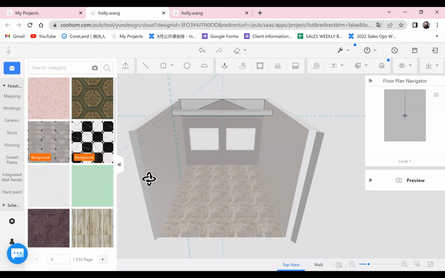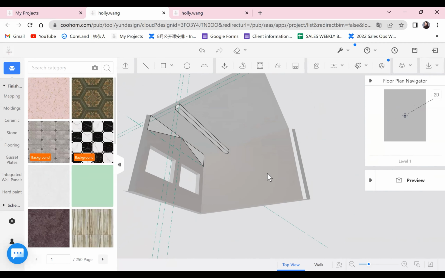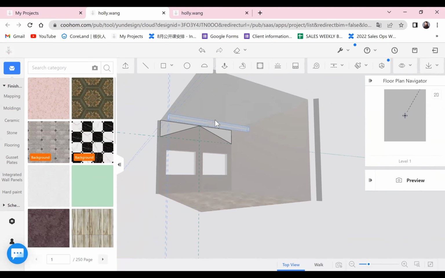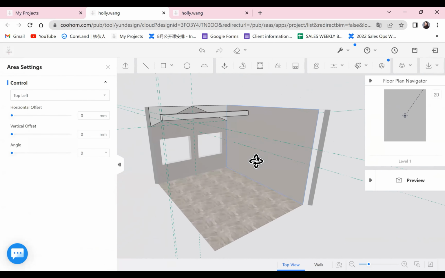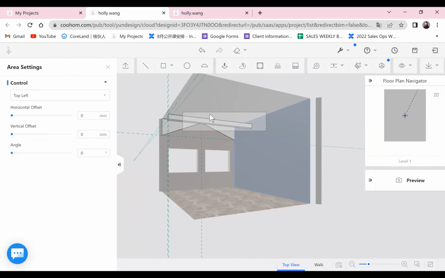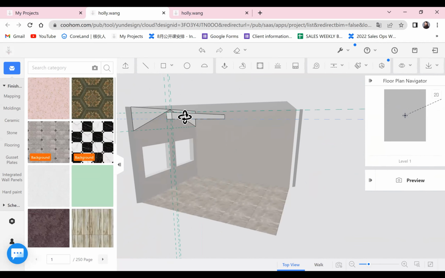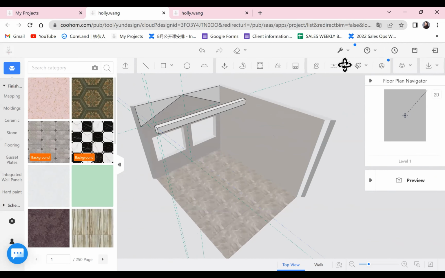Next, it's better to select this beam, press Shift on your keyboard and select this beam, to select it. Why doesn't it get it? All right, anyway, let me select it. Okay, one second.